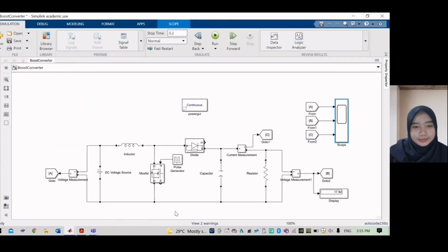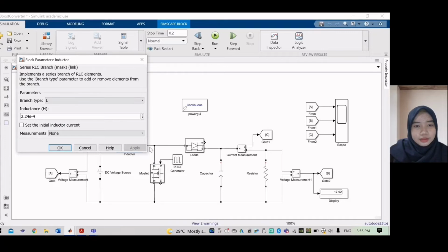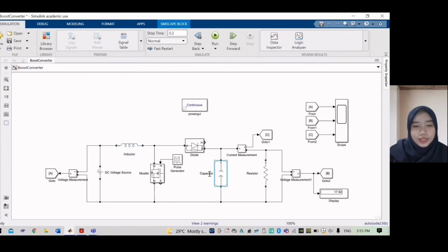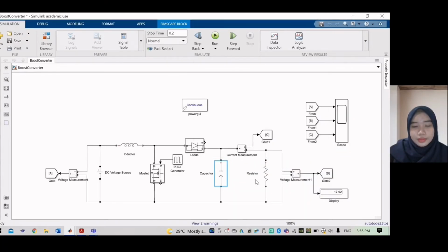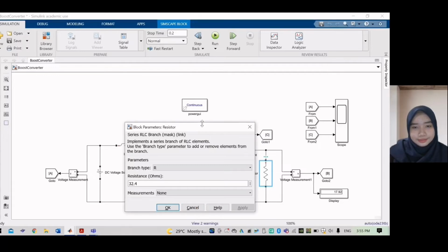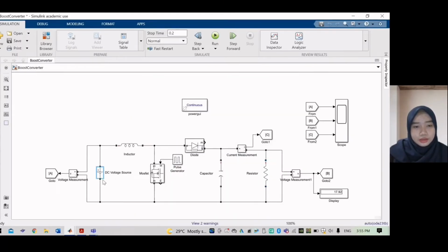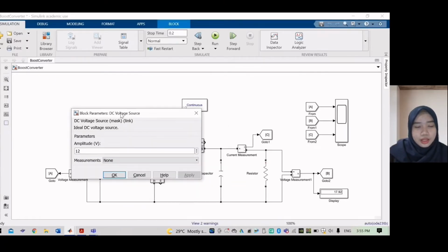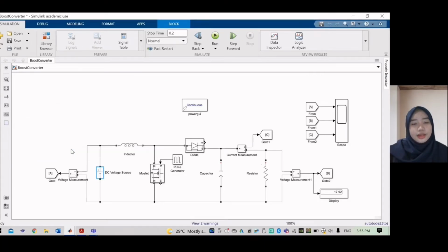In this Simulink, we insert the value of the inductor, the value of the capacitor, and the value of the resistor. And we also need to insert the value of the input voltage, which is 12 volt. Next,